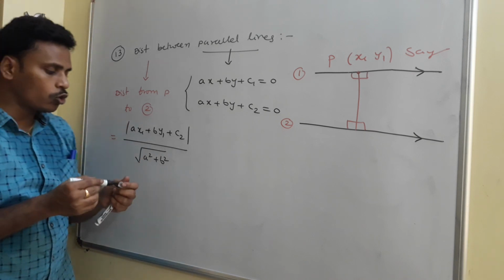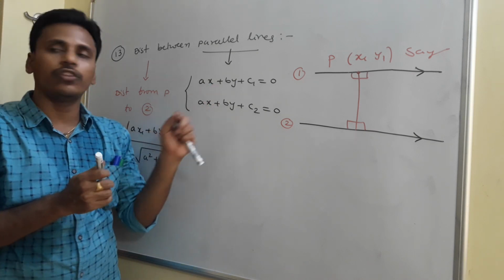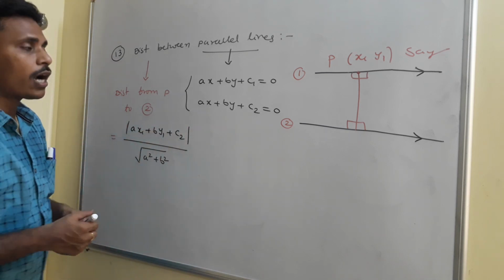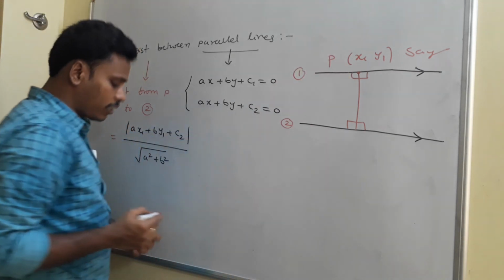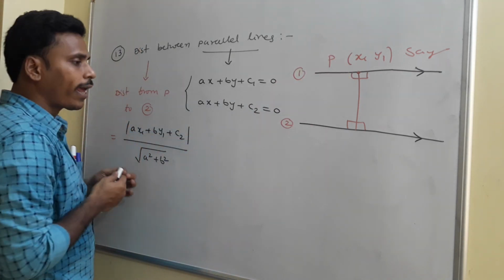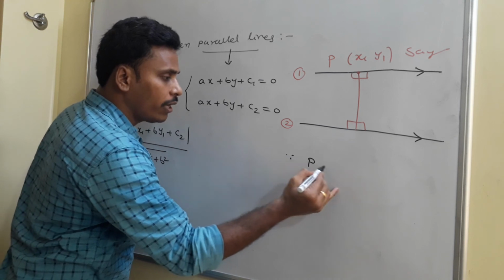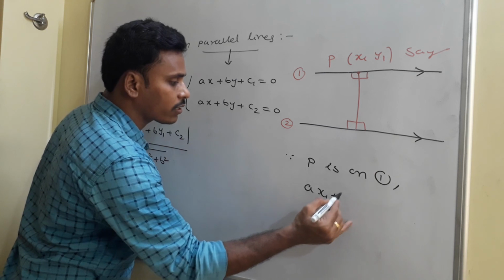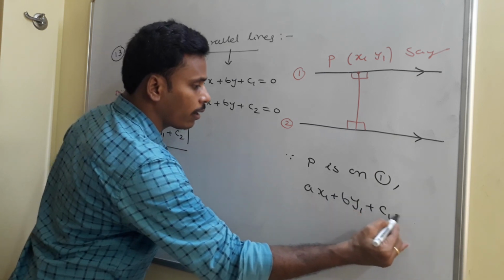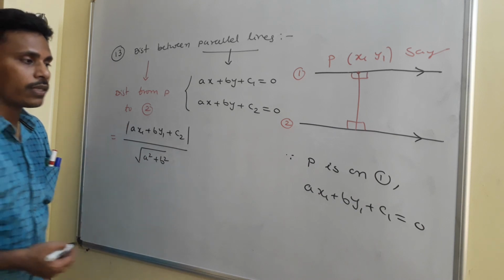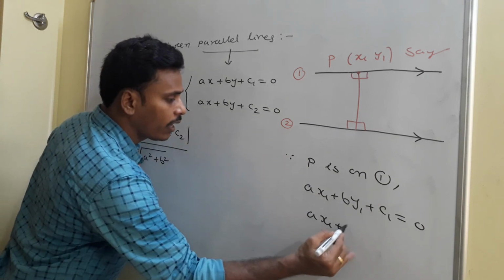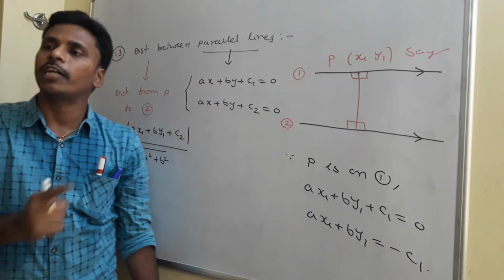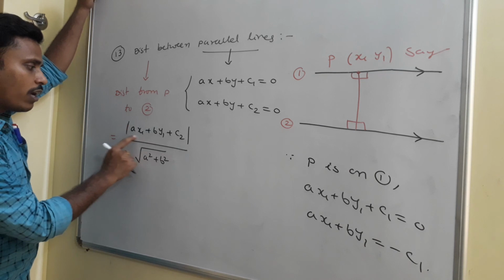And now actually there is no x1, y1 in the given task because I have only these two lines. So I need to find the distance in terms of a, b, c1, c2. Okay. And now look at this. This P(x1, y1) is a point on the first line. What I am going to tell you here is, since P is on line 1, you need to substitute P(x1, y1) in the first line also. So the first line, if you substitute, ax1 plus by1 plus c1 is equals to 0. From there ax1 plus by1 is equals to minus c1. If a point is there on the line, it must satisfy the equation.